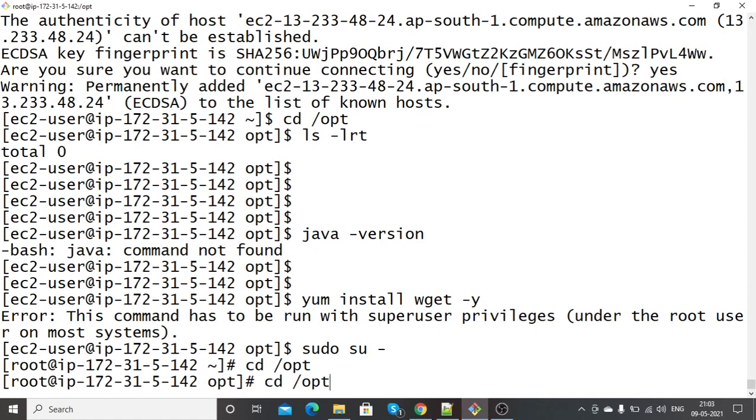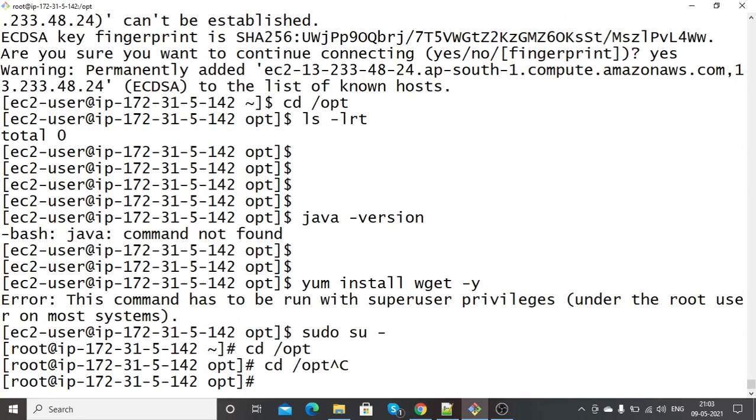Now we need to run the command. Yum install wget -y.